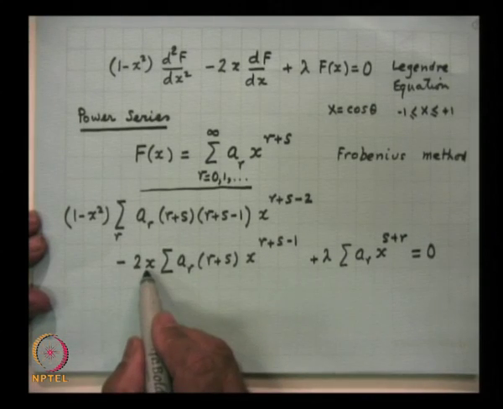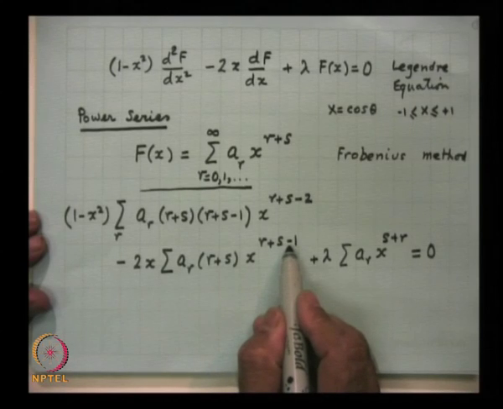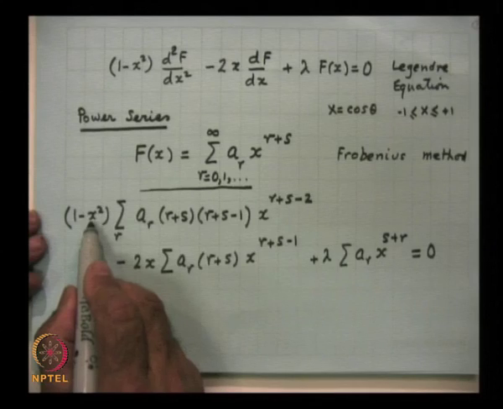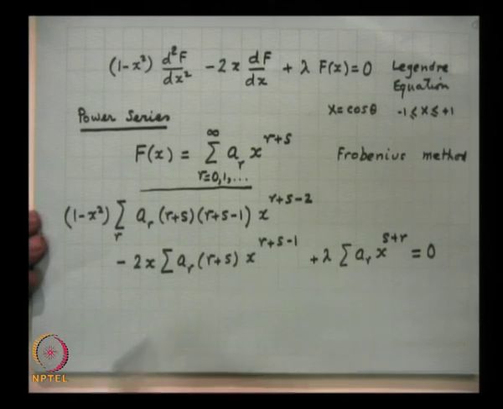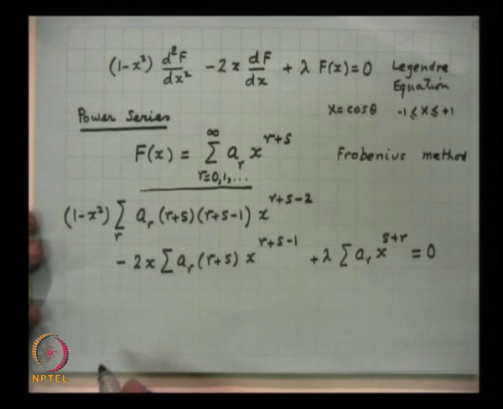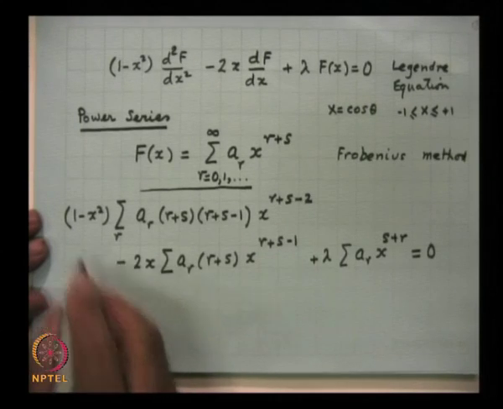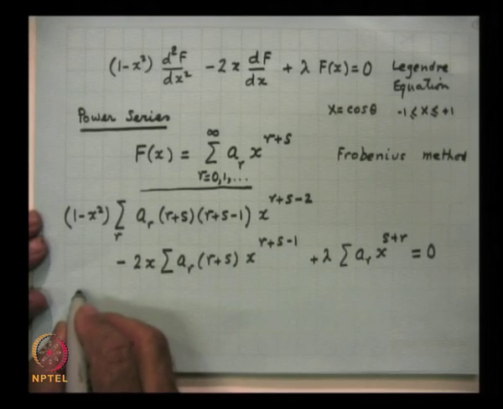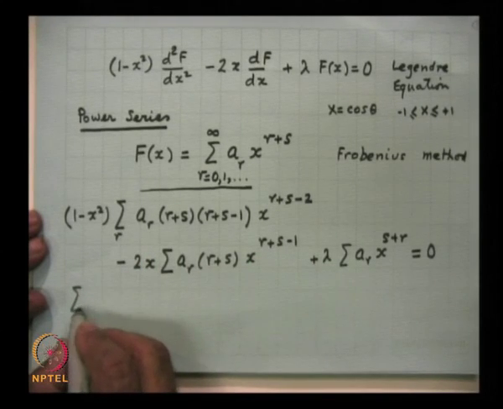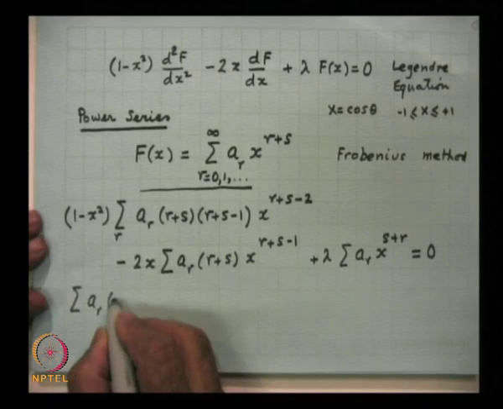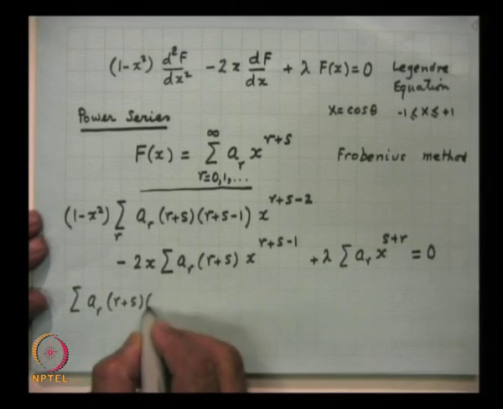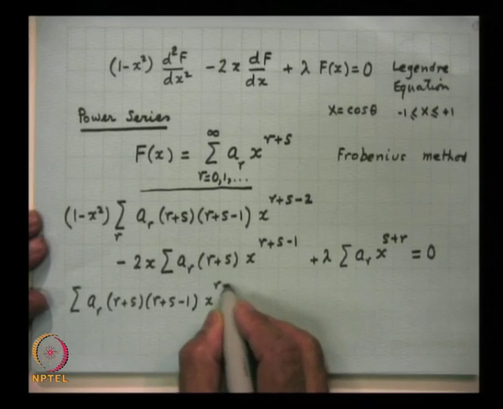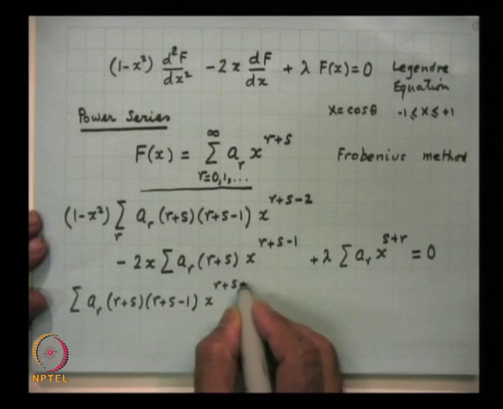As you can see, if I multiply x here, this becomes r plus s, and if I multiply x square here, this again becomes r plus s. So, essentially we have two terms. First, I multiply 1 by this, so I obtain this expression only. So, summation a_r into r plus s into r plus s minus 1, x raised to the power of r plus s minus 2